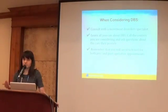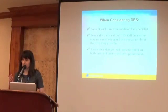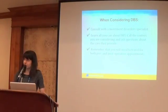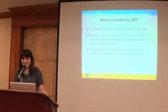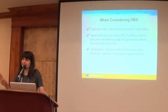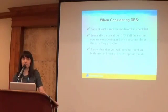So there are specific deep brain stimulation centers. The best centers are multidisciplinary centers in academic programs. We have one at UCSF. There's an excellent one at Stanford. Kaiser has a good program as well. So you really want to go to an experienced person and not the small DBS shop around the corner, which they exist. But I would just recommend going to a large academic center that is very experienced,